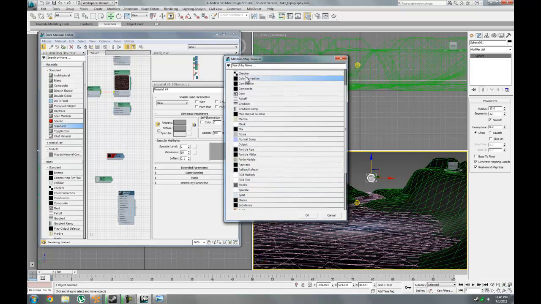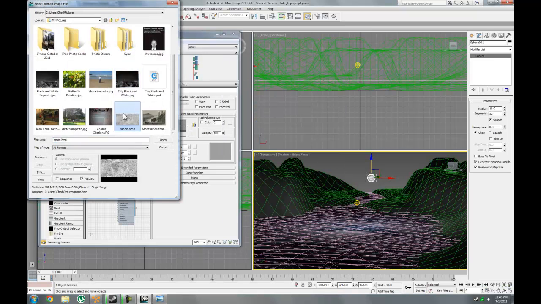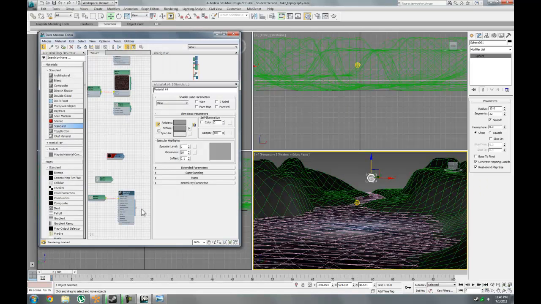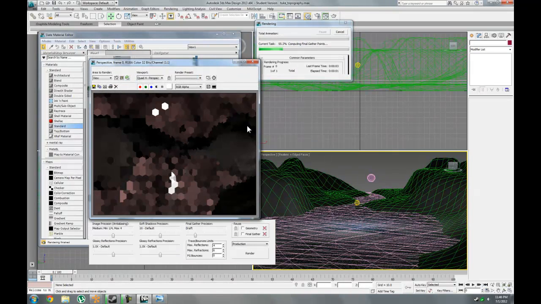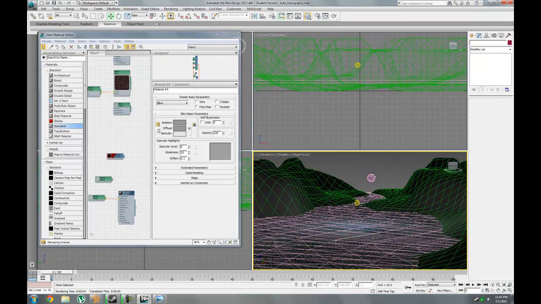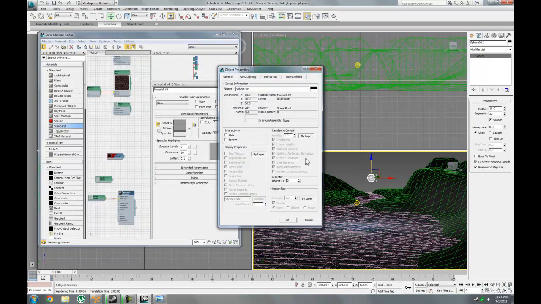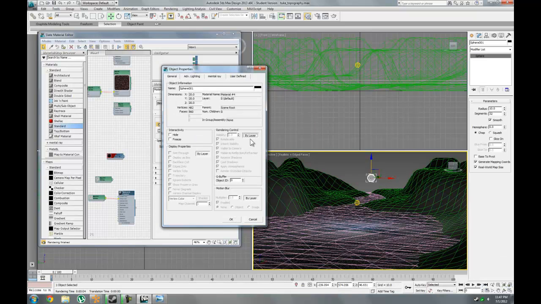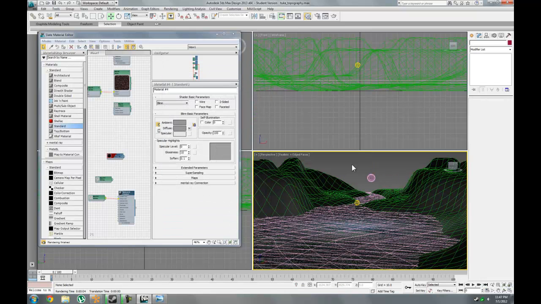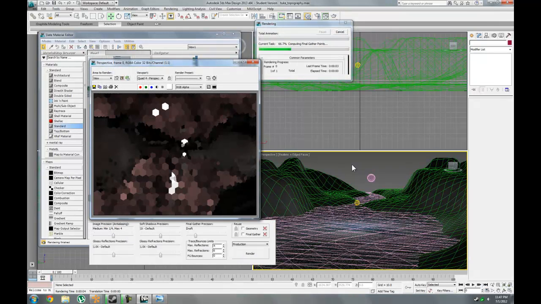The diffuse modifier, we're going to go bitmap. Where's the bitmap? Bitmap's right here, moon. And drag that to my actual moon. And if I go to object properties, I go to general, by layer, so now it's by object, and I can change this to receive and cast shadow. So we want it to do neither. We just want it to be there. So now if I go ahead and render this,